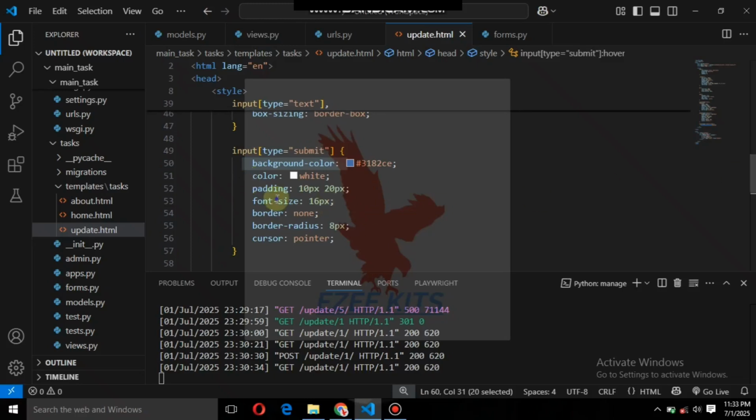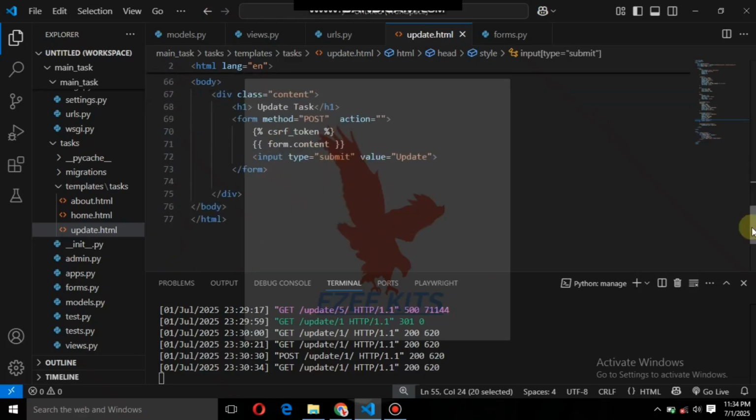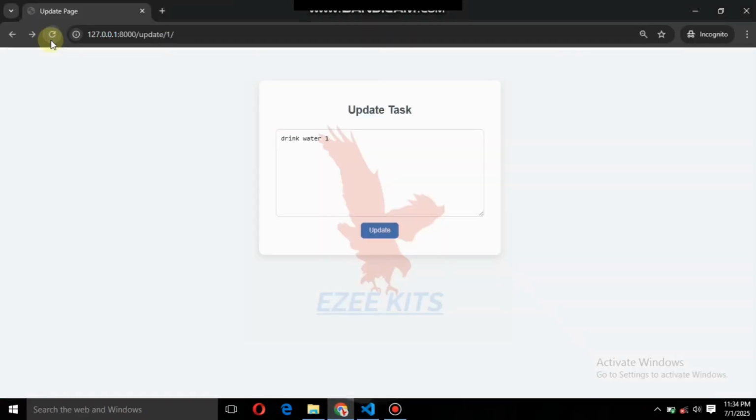The padding, the font size, the border radius, the cursor, box sizing, a whole lot of things. So that's basically what I paused the video to actually do. So let's go back to our web page, and then run this. You can see that this is looking a little bit nice, but when I click on this update button, nothing